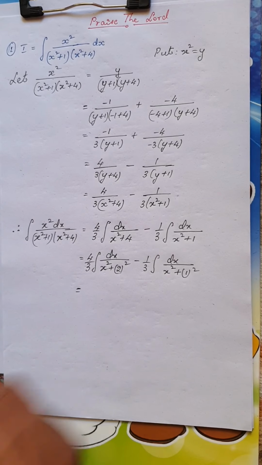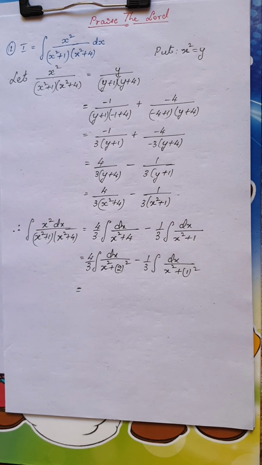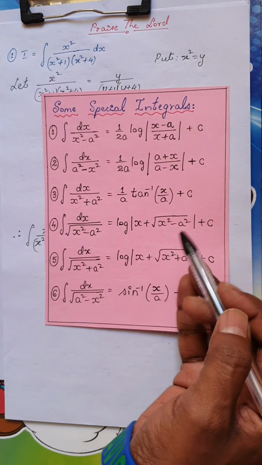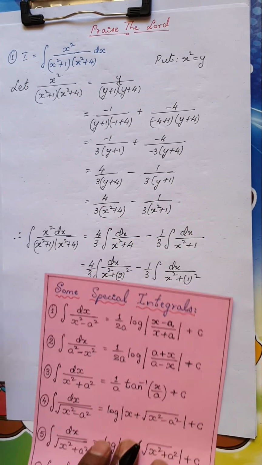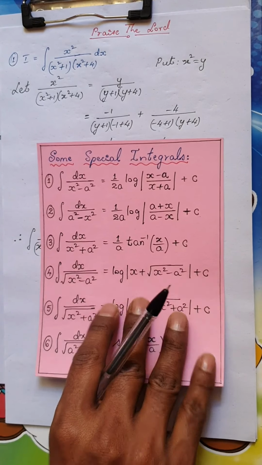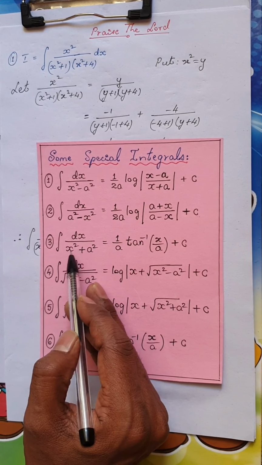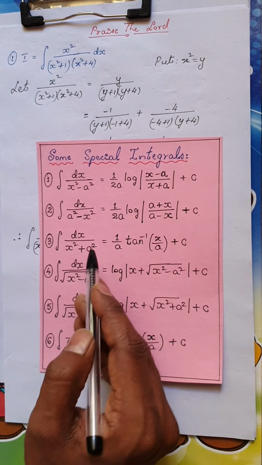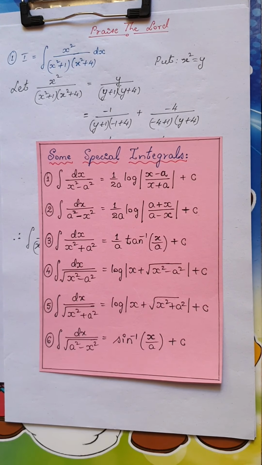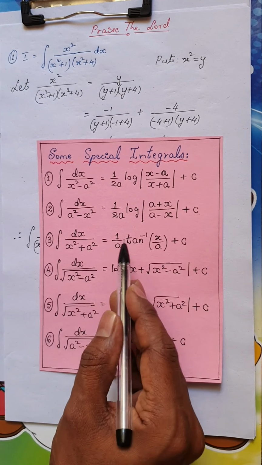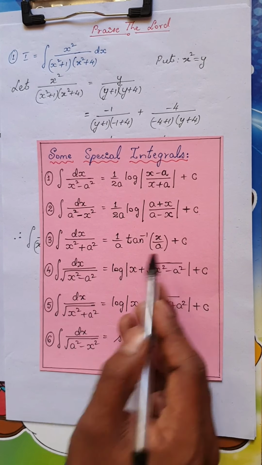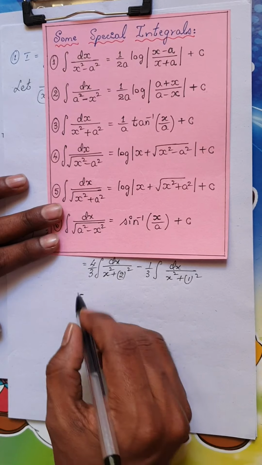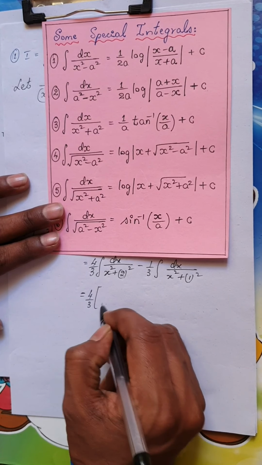Now, you might be wondering, sir, why did you write it in this form? Yes, that is a good question. I hope you remember the special integrals which we solved for the 5 mark question. The integral which we just wrote, dx divided by x square plus a square, is of this form. You have to remember this in your mind, but because this is a learning class, I am giving you hints. So, dx divided by x square plus a square is 1 by a tan inverse x by a. I am going to use this now and see what happens. Is it clear? Now, see what happens. 4 by 3 is a constant. Let me remove it as it is.